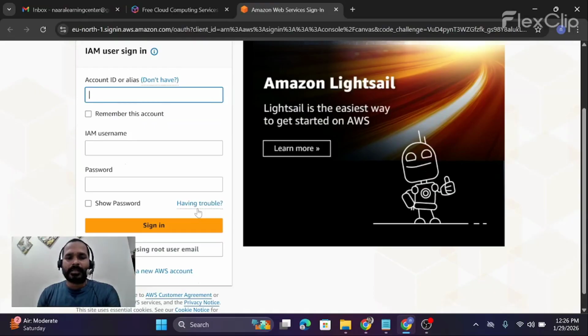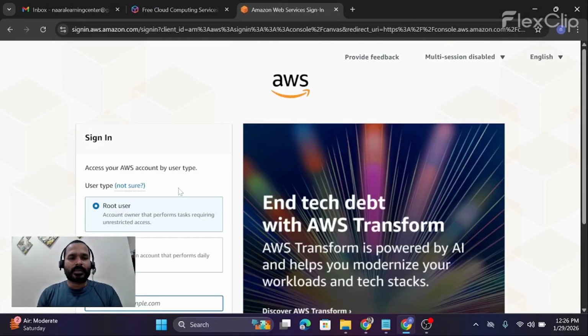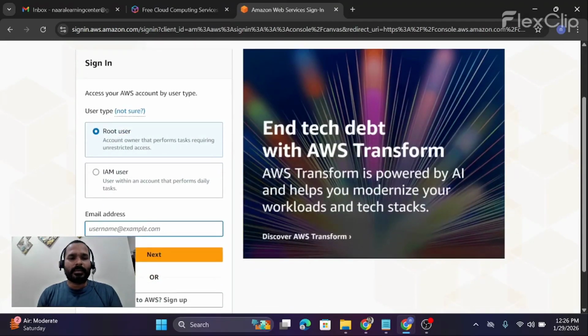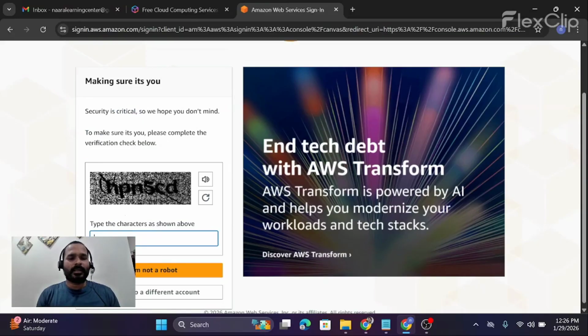When I signed up, I signed in with a root user email. Here you can see two types of users, IAM user and root user. The Amazon AWS free tier account supports only the root user email. It's free, so I am using a root user to log in to the AWS console. Whatever email you provided at the time of sign up, you can enter that email and also enter